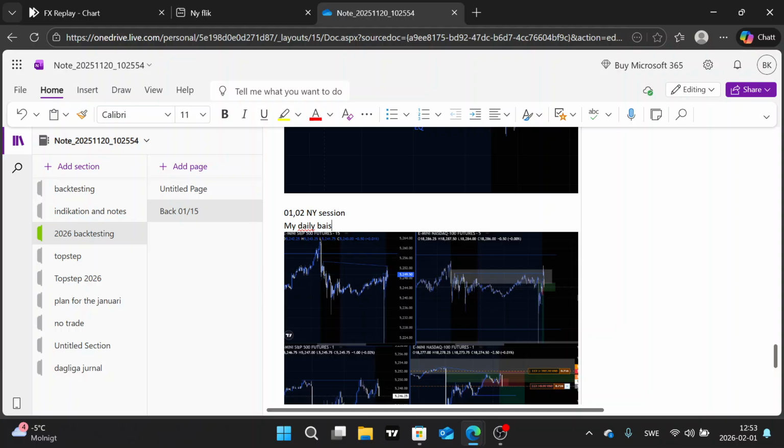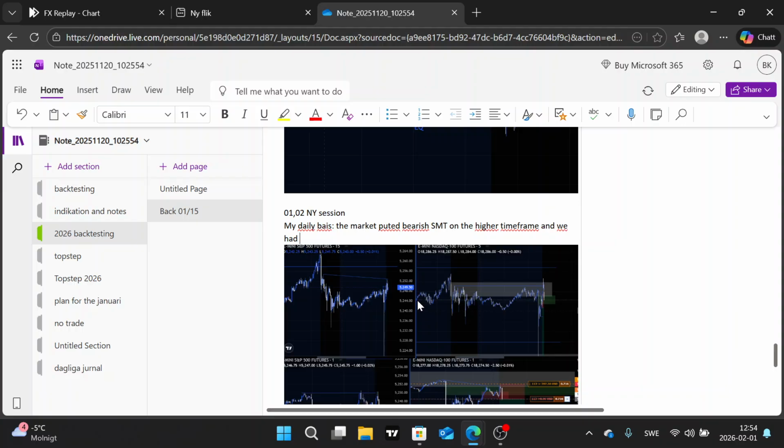So my daily bias, we did not show the market, put it bearish SMT on the higher time frame, and we had SMT on the lower time frame,